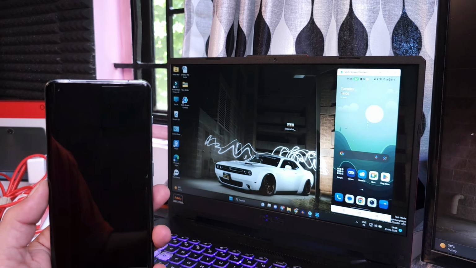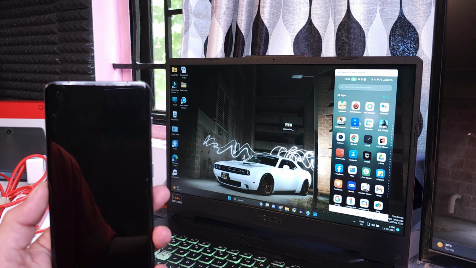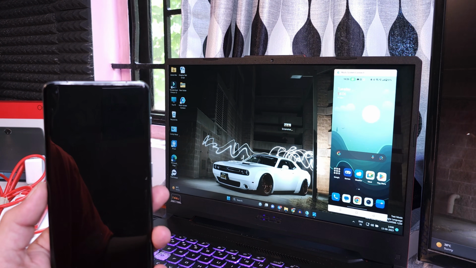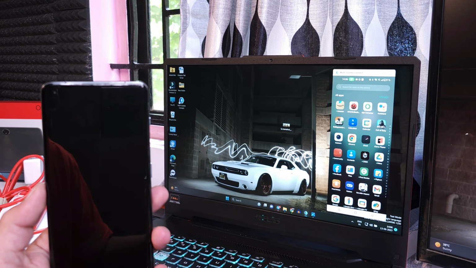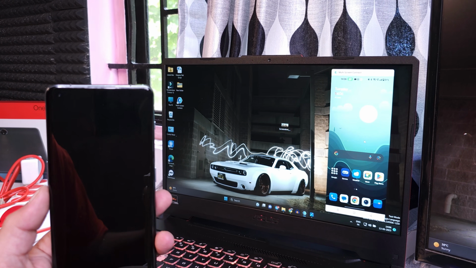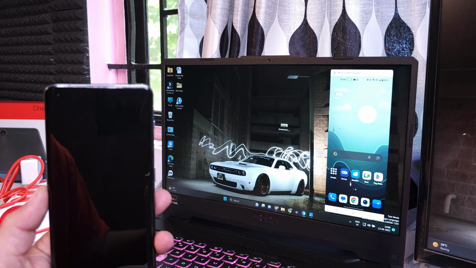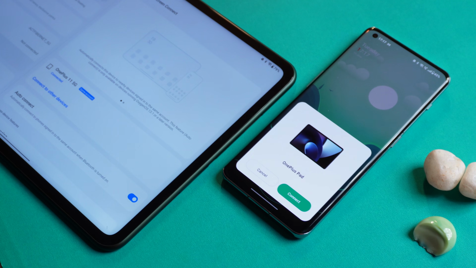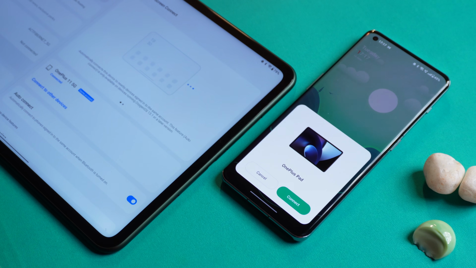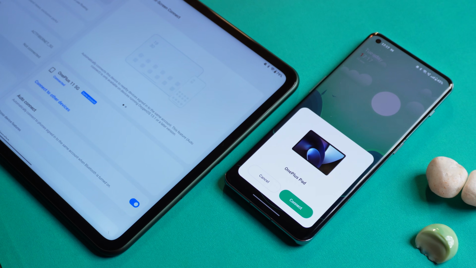And you'll also notice a little bit of latency issues here. It doesn't happen always, but yes, most of the times it does happen because the device is using a 2.4 GHz connection. If your device is at rest, then it performs pretty fast. So these are some of the features which you guys can use using the multi-screen connect feature by connecting your smartphone